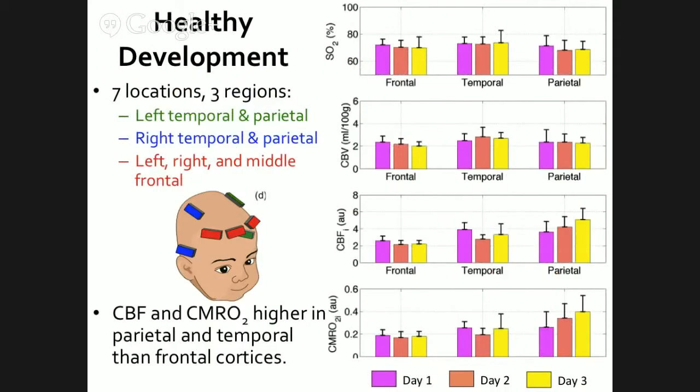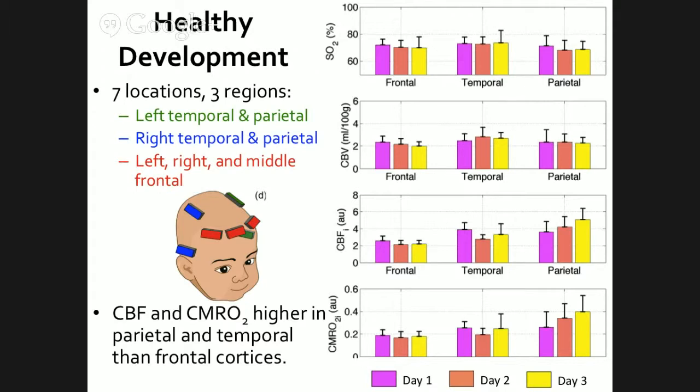So given these drastic changes that we're seeing in healthy and preterm infants, and also given how different kids with congenital heart defects are from what we believe to be normal, we just started an investigation of healthy development over the first 96 hours of life. So we're interested in that really critical fetal to neonatal transition period. Because with infants with congenital heart disease, like I said, we see substantial drops in tissue oxygen saturation. With kids with hypoxic ischemic injury, you anticipate lots of hemodynamic fluctuations, but we don't really have a sense from the literature of what is normal. So we're hoping to